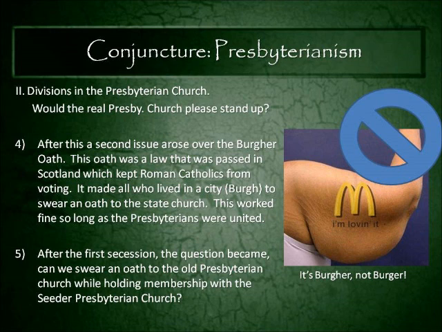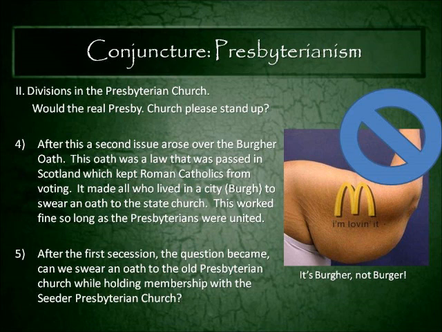there's going to be two points of view on this. The Burghers are going to simply say, we're still swearing an oath to Presbyterianism. And you say tomato, I say tomato, we're still swearing an oath to the state church. And so this really isn't a problem. Now the Anti-Burghers are going to take this a little bit more strictly, and they're going to say, no, wait a second. The Seceder Church is the only true Presbyterian church. Those other people have sold out, and they are heretics. And if you swear allegiance to them, what does that mean for this whole secession we've done? And so,